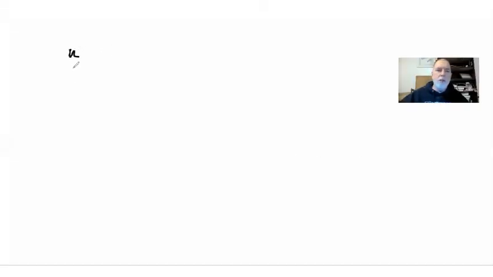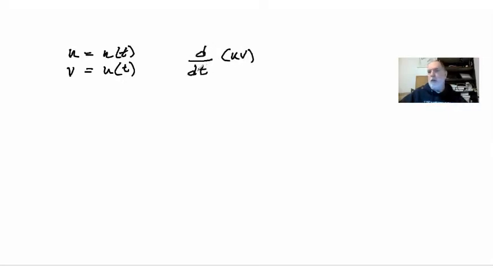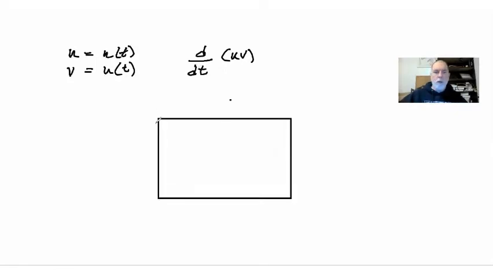We have two functions, u and v, and each of them is a function of t, let's say time. Now we're interested in the product of those functions, and in particular, how that product changes with respect to time. We'll draw this rectangle and use this side to represent the function u,